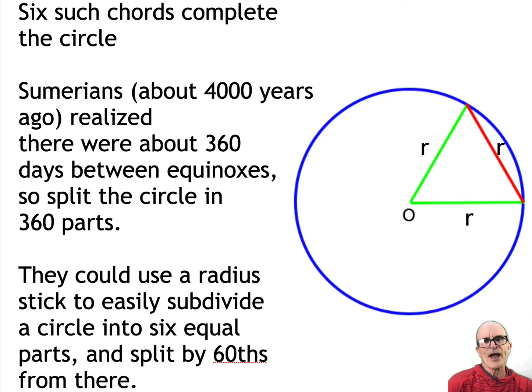The Sumerians were very practical people in many ways. They had engineers that realized, look, if I had a radius here that was from the center of a circle out, and I could get that radius pretty easily, right? I could put a post in the ground and draw a circle with a string or another stick, and that was the distance. I could lay roughly six posts in between around the circle, and so I then could get 6 of these, and that's sort of a base 6. They also realized there were about 360 days between the equinoxes, so they split a circle into 360